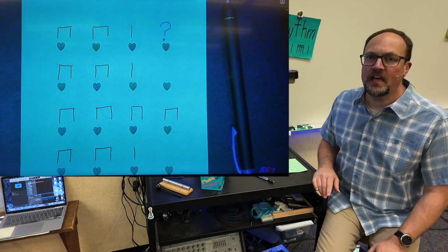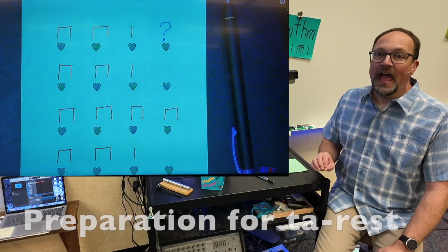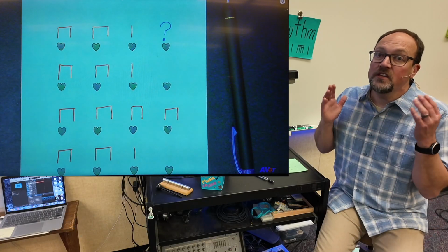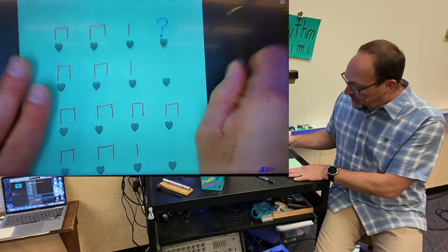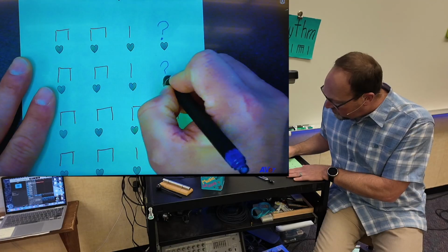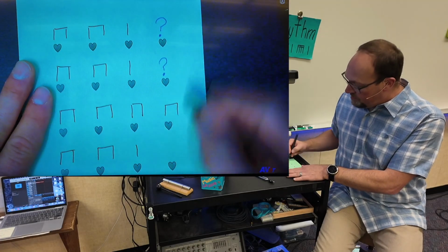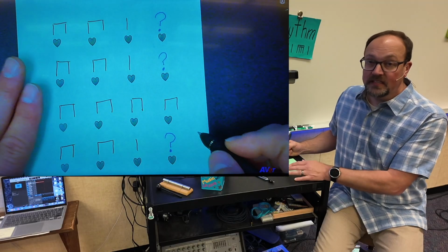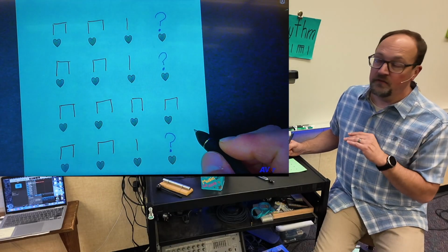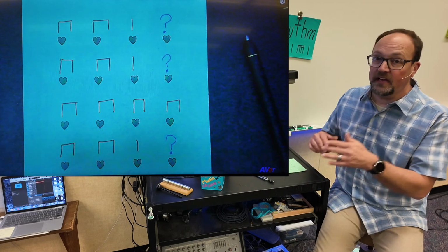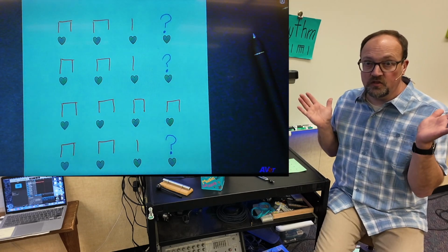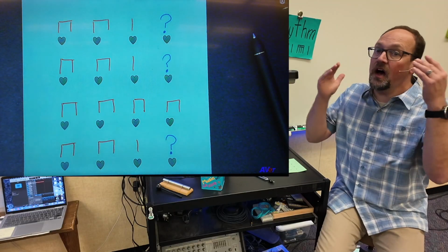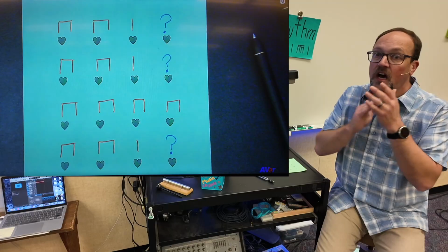Now, this is only if you're using Naughty Kitty Cat as a preparation lesson for ta rest, where we don't know what that beat is. And you'd figure out that this one is also an unknown rhythm. This is also a beat of silence. That's the trait, a beat of silence, of no sounds. And then you take your hands, you show them like this when you get to those beats of silence. Here we go. TT TT ta, TT TT ta,